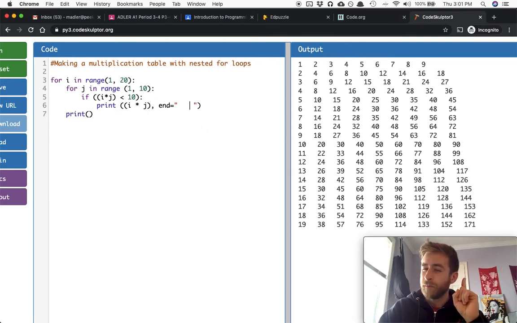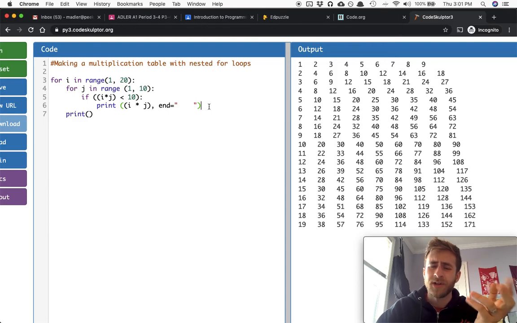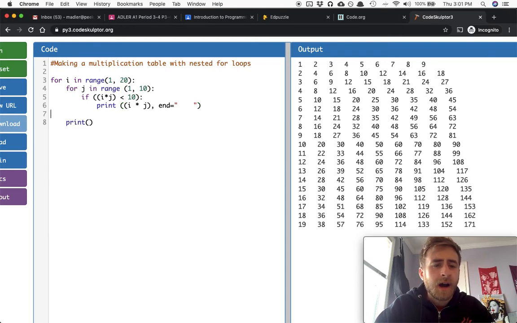I'm going to put 4 spaces just because as the numbers start getting bigger, you're going to want more space between them. I'm going to put 4 spaces. Spaces it out a little nicer. I can show you an example once you do the rest. Let me stop talking. And then I'm going to say